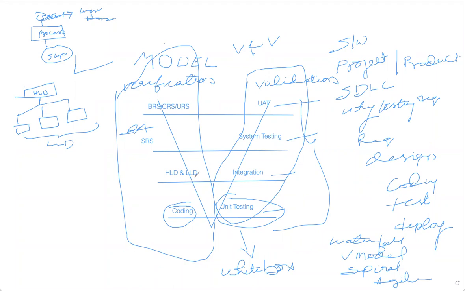Coming to integration testing, we do it based upon the LLD or HLD document, because both HLD and LLD documents describe more about submodules. So in order to do integration testing, we need to refer to documents like HLD and LLD. HLD is the high level design document, and LLD is the low level design document. In the low level design document we have each and everything: what things we have to do, what modules the developers are building, and what functionality they are implementing.